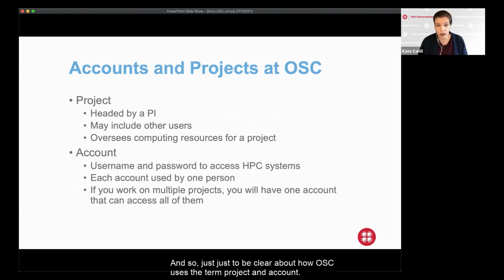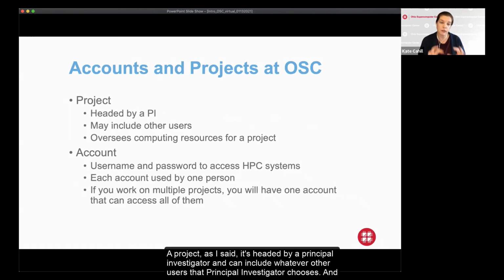And so just to be clear about how OSC uses the term project and account, a project, as I said, is headed by a principal investigator and can include whatever other users that principal investigator chooses. That's the tool we use for managing resources, at the project level.